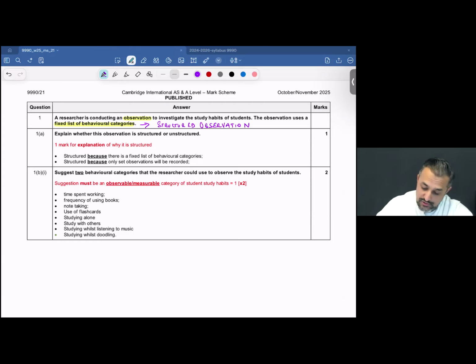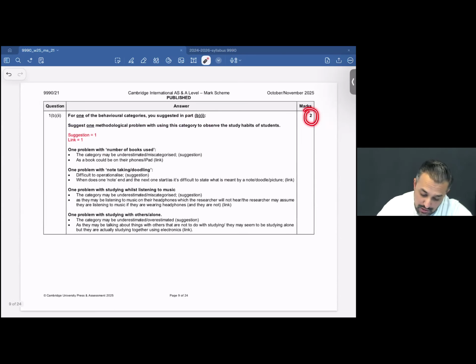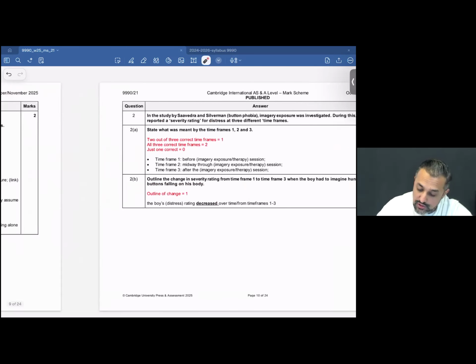So the question that we have, 1A, is a 1 mark question, and the command word we have over here is explain. I've said this many times, and I'd like to reiterate it: read your questions thoroughly. If we talk about question number 1, let's count in total how many marks. We have a 1 mark question here, a 2 mark question here, and 2 more marks over here. So question 1 in total is of 5 marks.